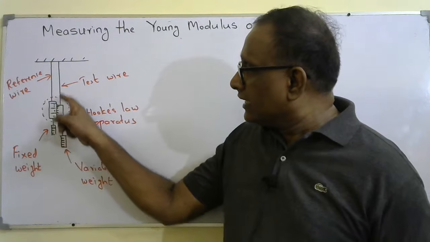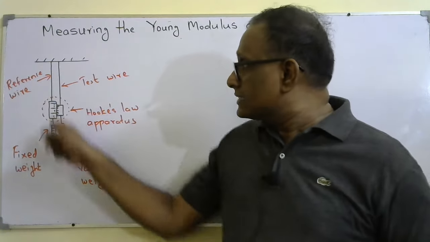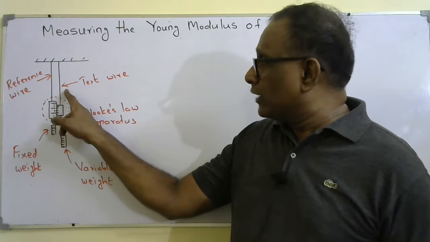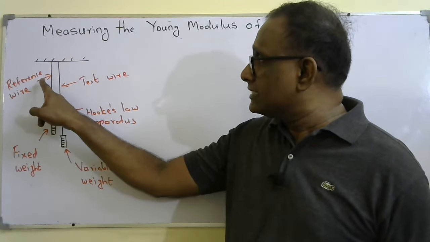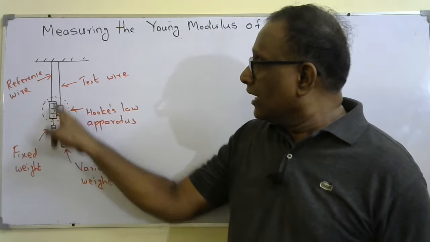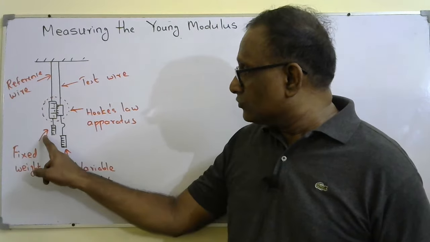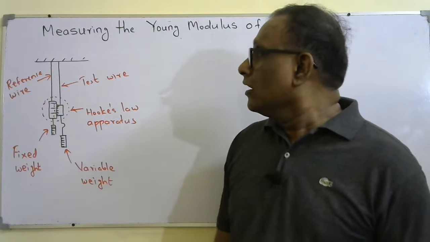Okay, so this is the test wire. We are going to measure the Young modulus of it. This is a reference wire that holds the main scale. This is a fixed weight. This weight is variable. Here also, first, without any variable weight, you should measure the length of the test wire